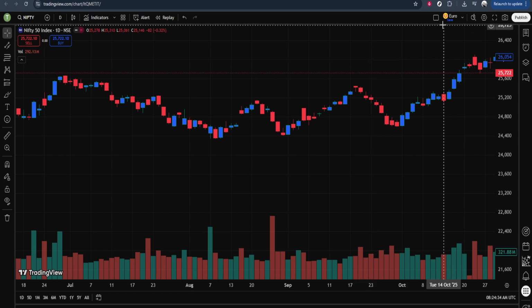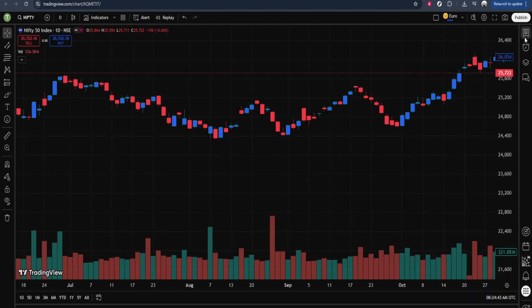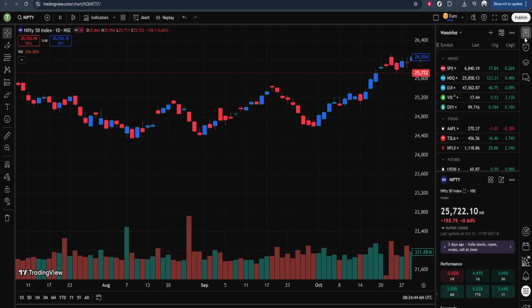First, open TradingView and head over to the chart section. This is your starting point in TradingView, where you can observe detailed market graphs and analyze various stocks or assets you're interested in. Once you're on the chart page, look towards the right-hand side of the screen where you'll find an area dedicated to your watch list. This watch list is essentially your trading dashboard, serving as a quick way to keep track of all the instruments